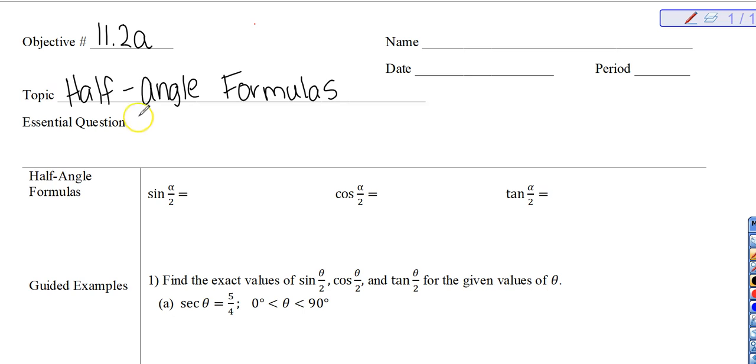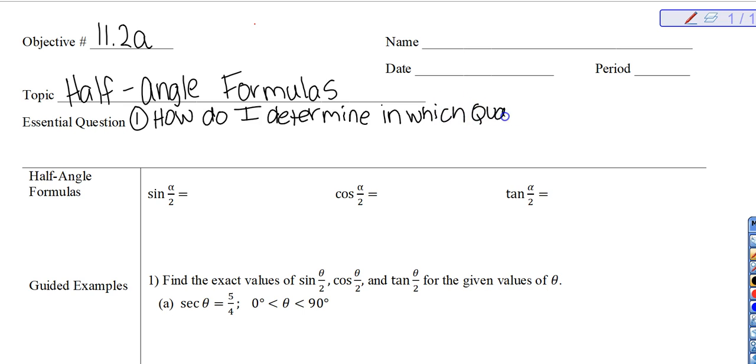Okay, you have two essential questions. Question number 1 is this: how do I determine in which quadrant theta over 2, theta cut in half, half angle, in which quadrant it lies? And question number 2,